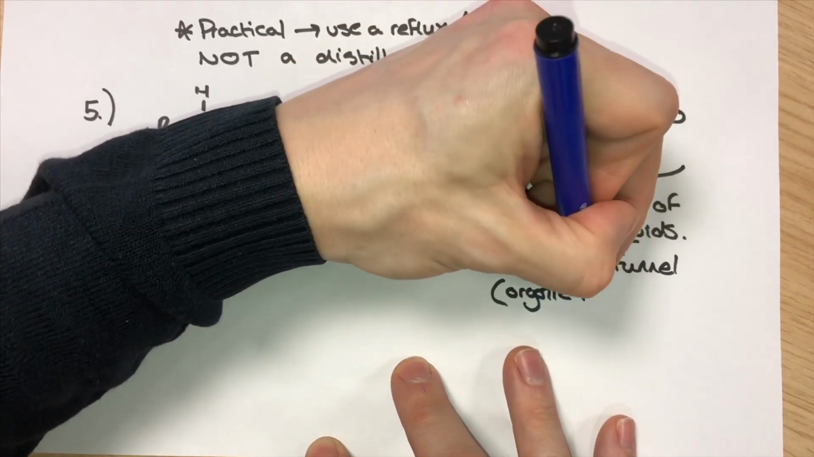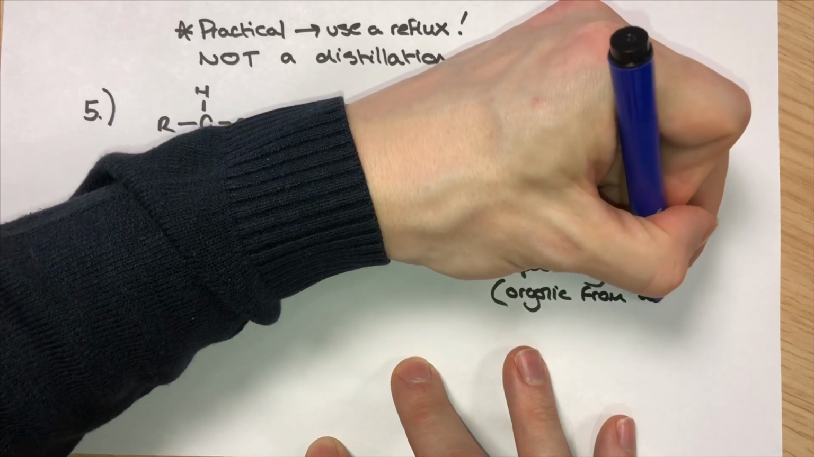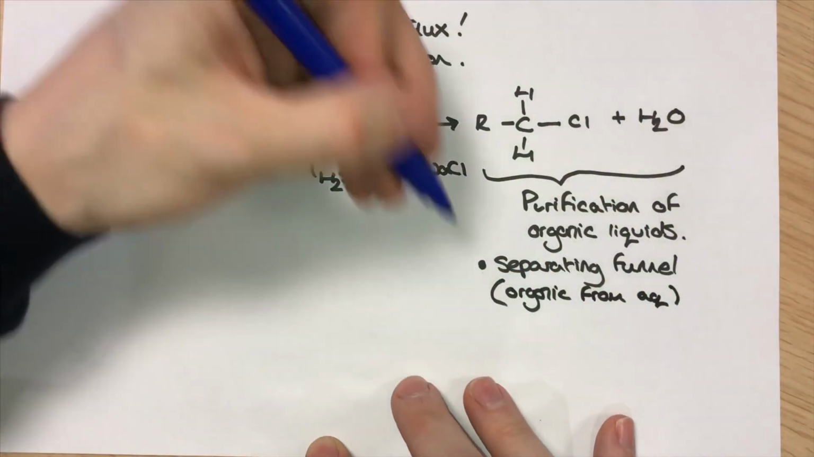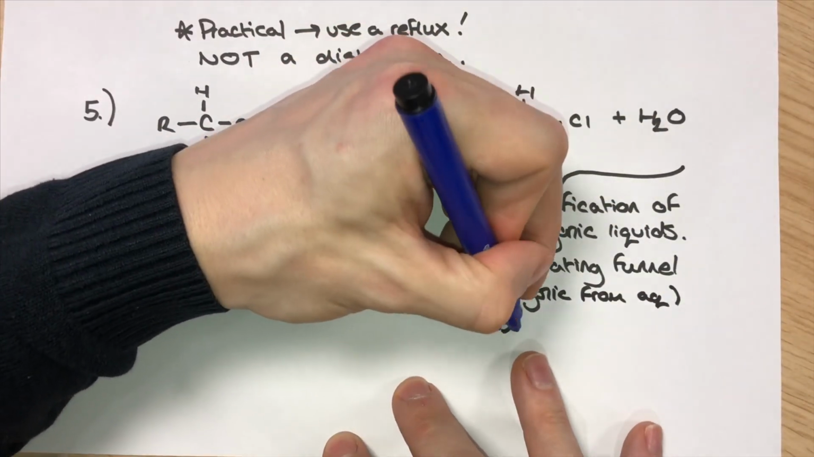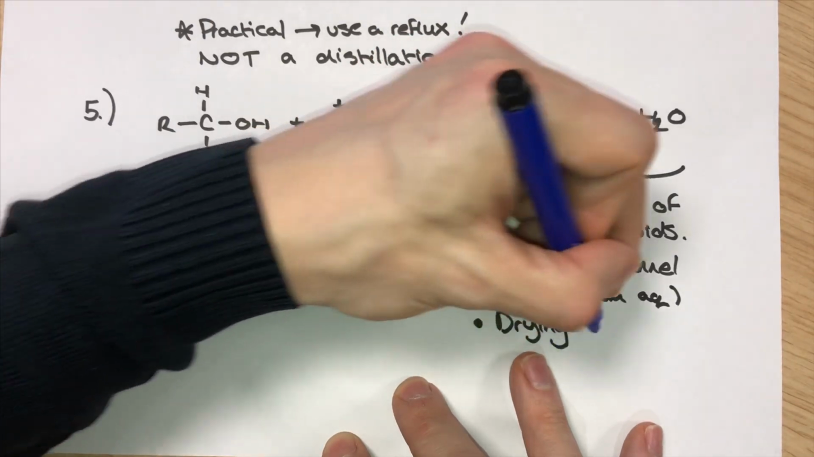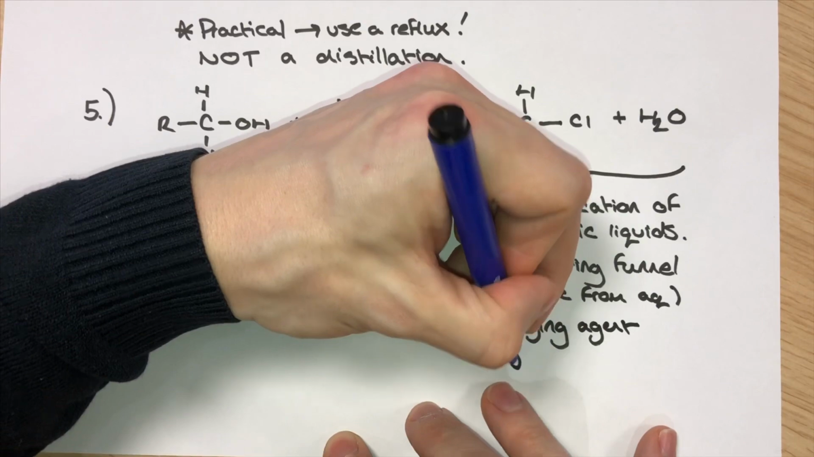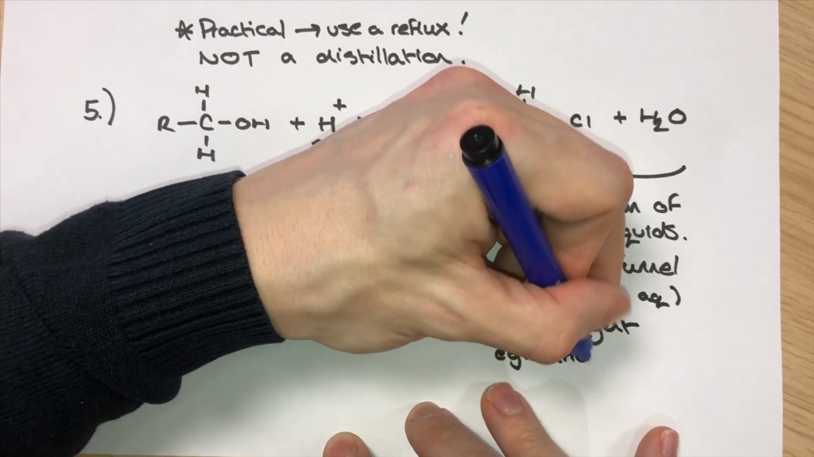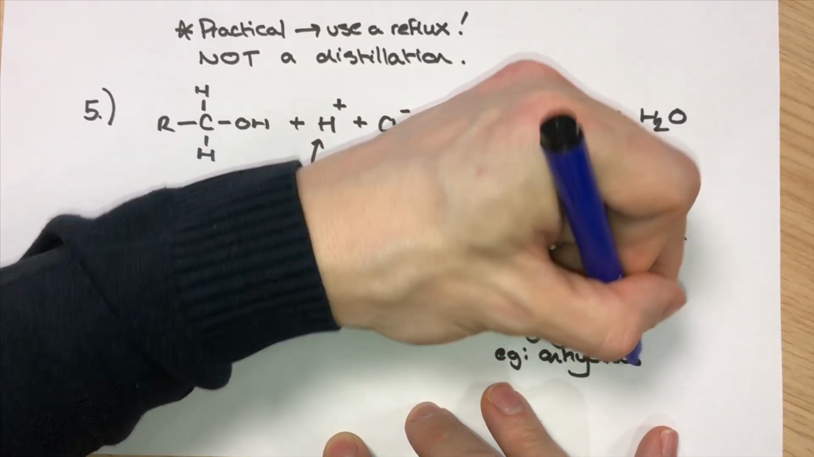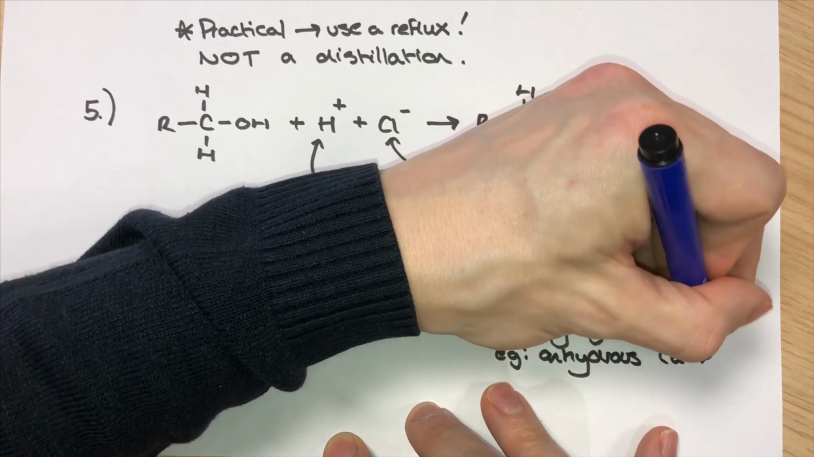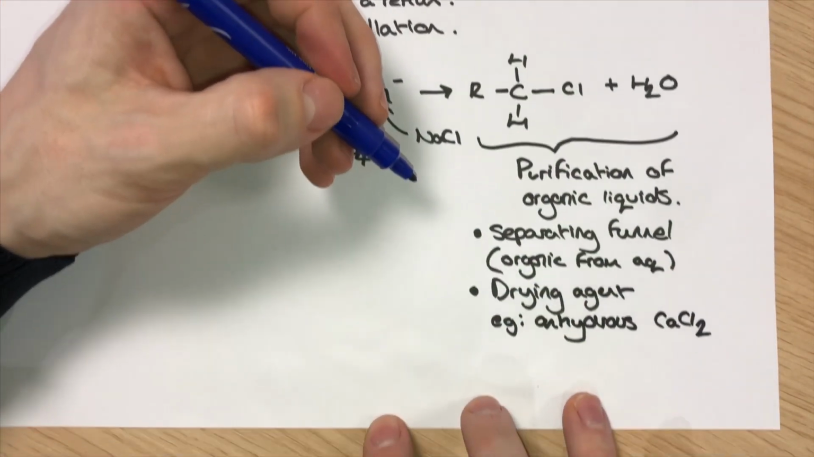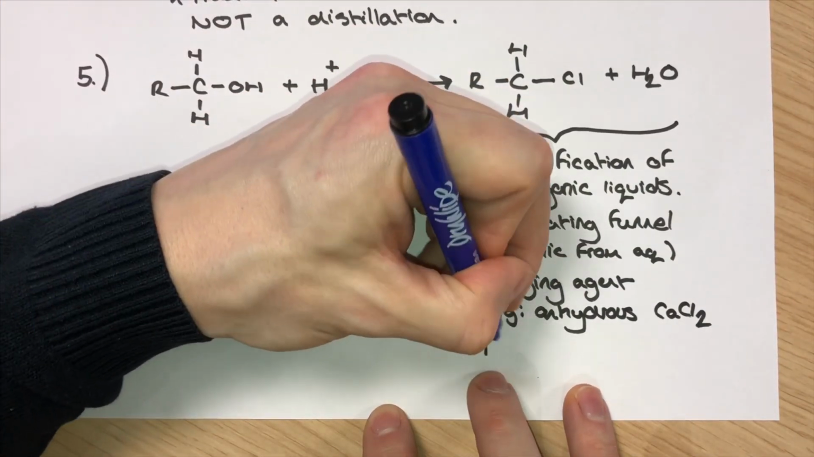The first technique is a separating funnel, and the reason we do this is it will separate the organic from the aqueous. But it isn't perfect, so what I would then use is a drying agent. Now, the drying agent example here that I want to give is anhydrous CaCl2, but you can also suggest anhydrous MgSO4. Check your specification, it does give you both of those options, but you do need to make sure you